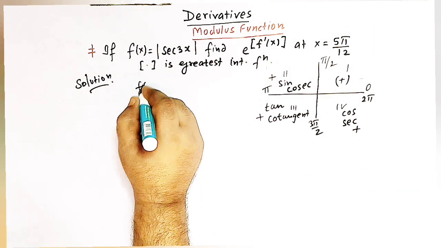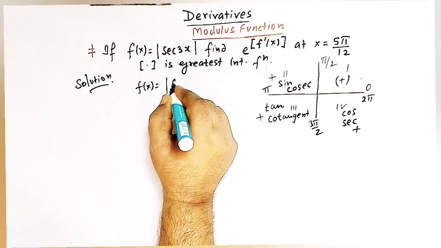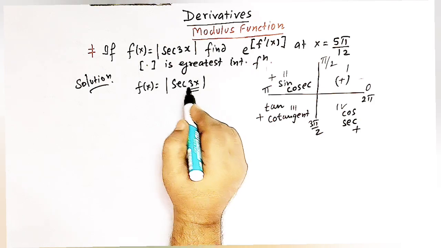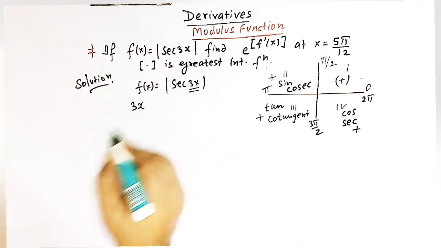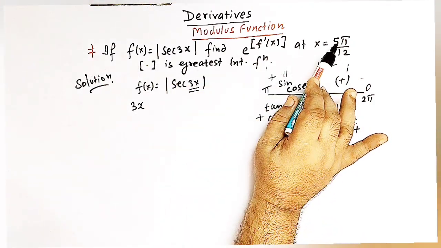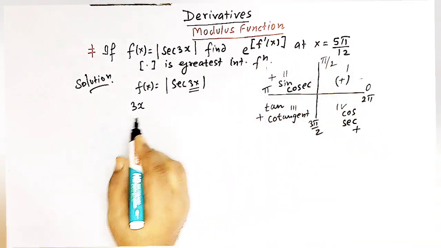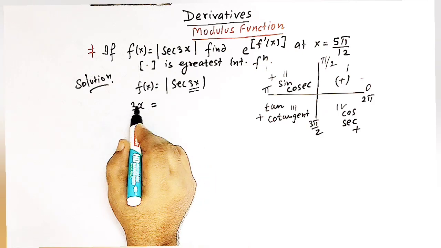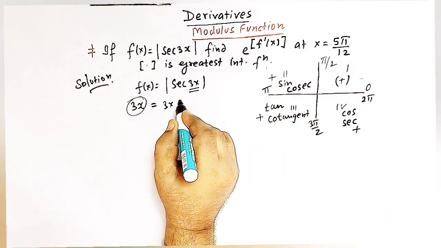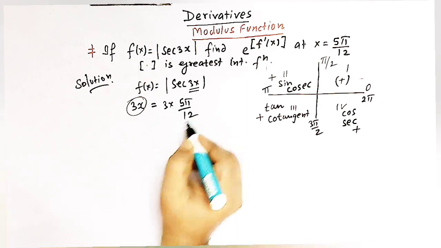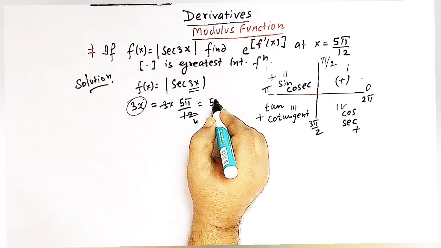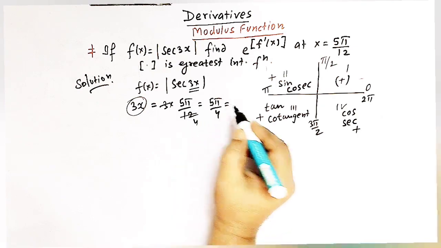So now here we are given f of x is equal to mod of secant 3x. Let us see this term, that is 3x. We have to find the value of the derivative at this point, that is 5 pi by 12. So let us find out the value of 3x at this point. So we have 3 times 5 pi by 12. So this is 3 times 4, 12. So we have 5 pi by 4, that is